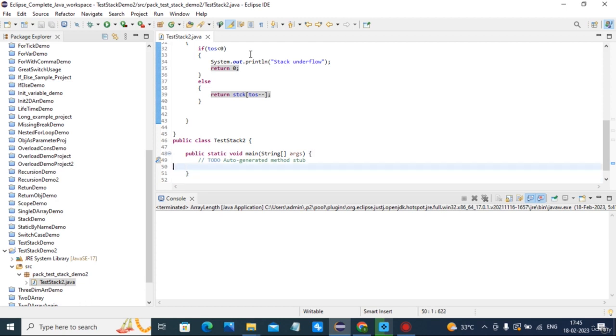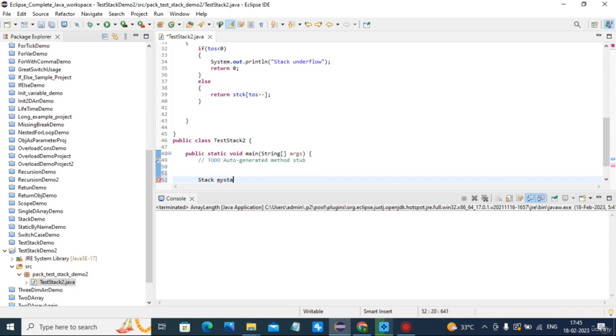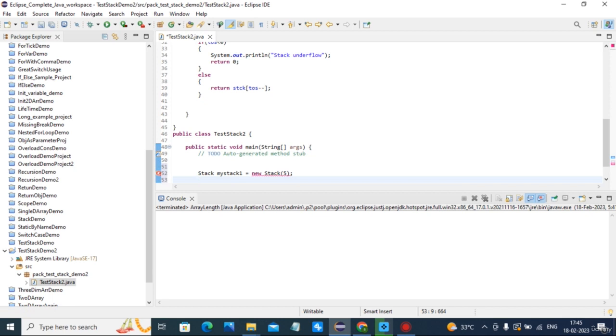Then in the main I created 2 stacks. As usual, my stack 1 is equal to new stack of 5 elements. First length is 5 and second length is 8. Equal to new stack of 8 elements.